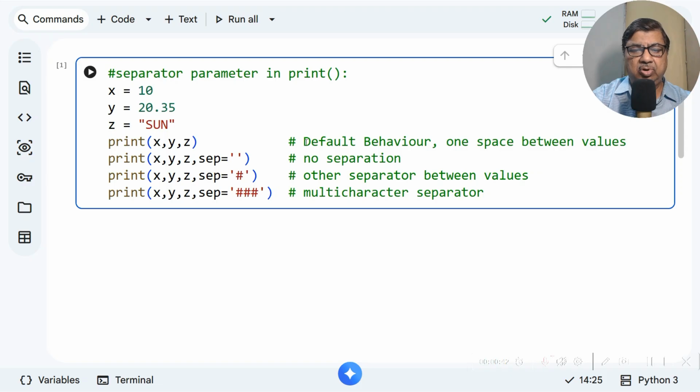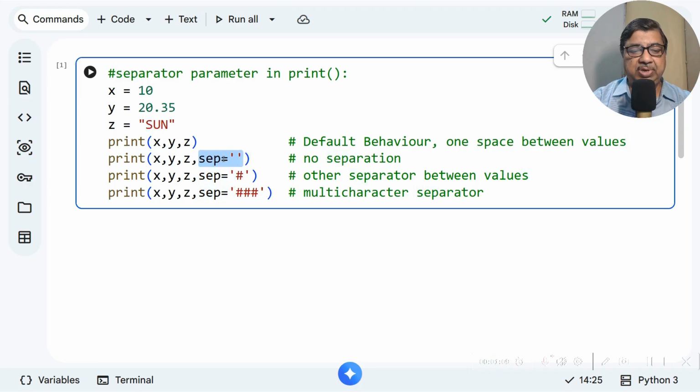Normally in other languages it is different. Many languages print it without space, but in Python one space is given as a default behavior and automatically comes between these. So now the natural question is: how do we print these things without space or with some other spacer string? Then there is a separator parameter.